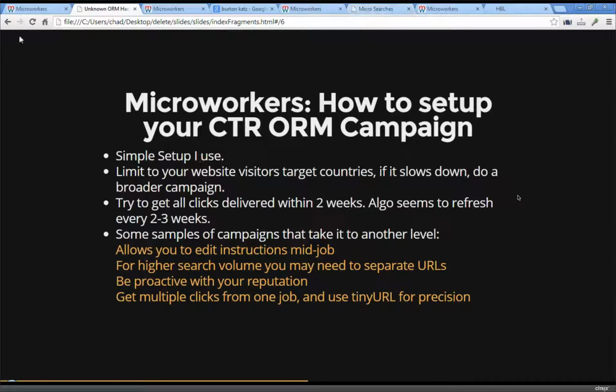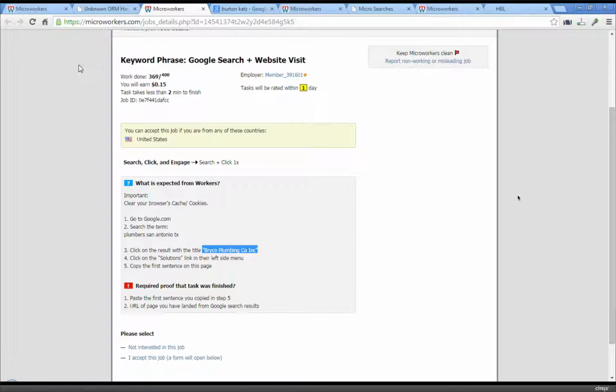So here is a simple setup that I use. I'm going to show you how to do it right now. What we do is, once you have a MicroWorkers account set up, you are going to